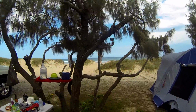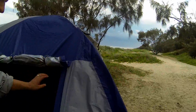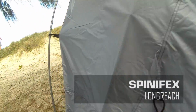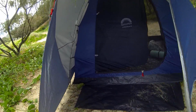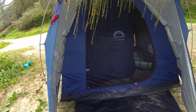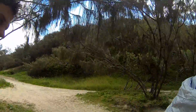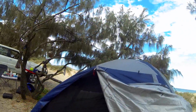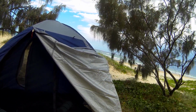I was skeptical when I started putting this tent together, but I really like it. It's got little vents. It's got a floor mat. My REI tent doesn't have a floor mat. Come on, REI, man. Doesn't have a built-in floor mat. That's awesome. And we went ahead and put the rain fly over it. We don't expect rain, but